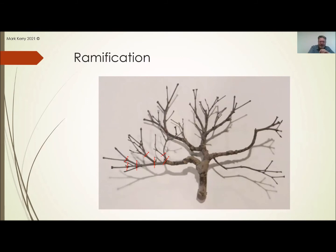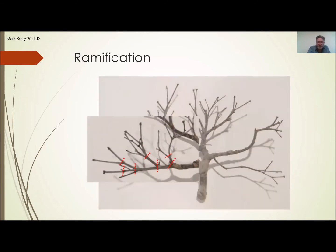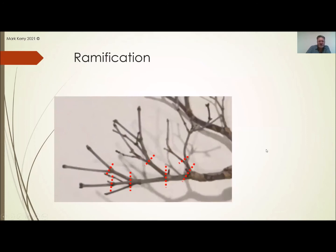So in terms of ramification, this is a branch that someone's just taken off a fairly well structured maple tree. I've got a few marks on here just to show you practically what they've done. They've grown this branch out here to a certain thickness. Then at that point, they've made a cut. And at the point here where there were two leaves, now you've got new shoots. So you've grown into two directions. They've done the same again, grown into two, same again, same again. So that's why you're going from 2 shoots to 4 to 8,